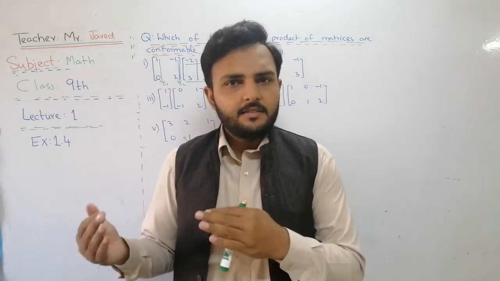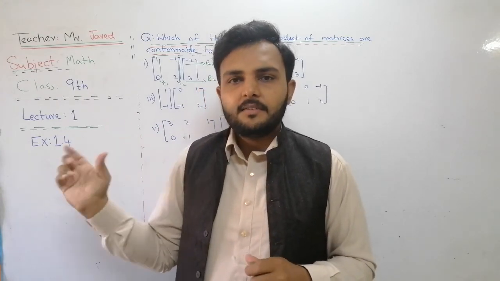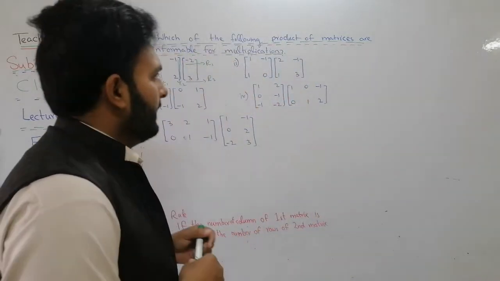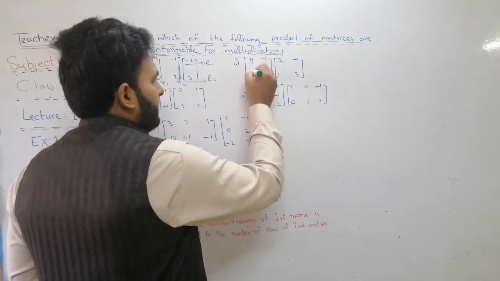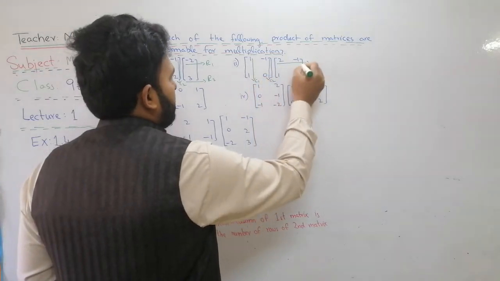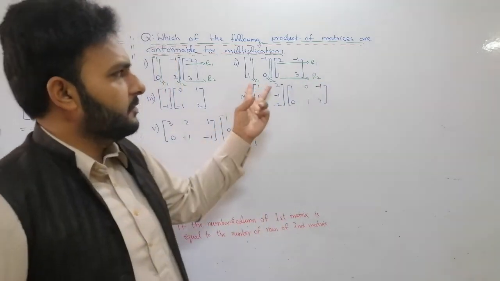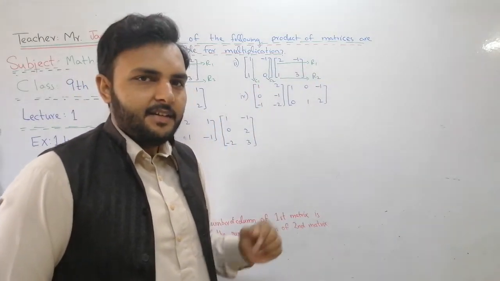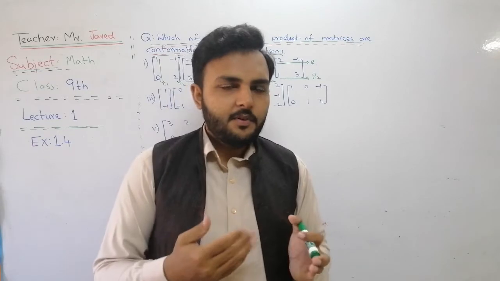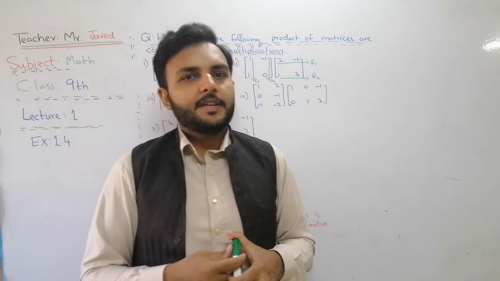Clear, all the students? Don't just say yes or no; this is not a class 2 or 3. You will write, these two matrices are conformable for multiplication. Now see these two. This is the first column, this is the second column. This is the first row and this is the second row. How many columns? Two columns. How many rows in the second? Two rows. We will see the columns in the first and the rows in the second. Is the number of columns in the first matrix equal to the number of rows in the second? Yes, sure, equal. So we can multiply.